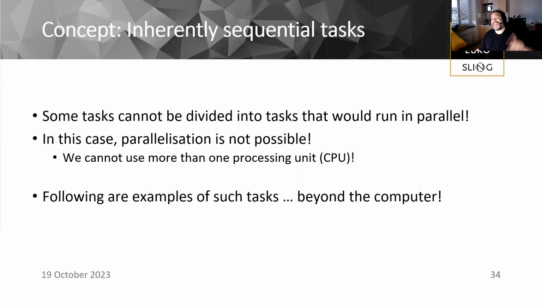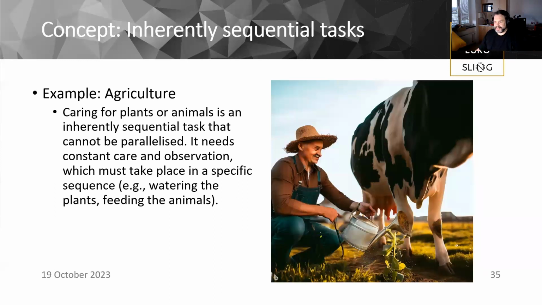And now we'll look at examples from the real world of what inherently sequential tasks are. Okay, so let's go. In agriculture, caring for animals or plants is an inherently sequential task that cannot be parallelized. Okay, it needs constant care, observation, and this care has to be done in specified intervals. So for example, you have cows, and if you have like 20 cows, it does not pay off to have 20 people feeding the cows, right? Because one person will take the